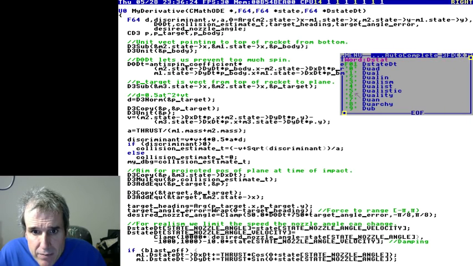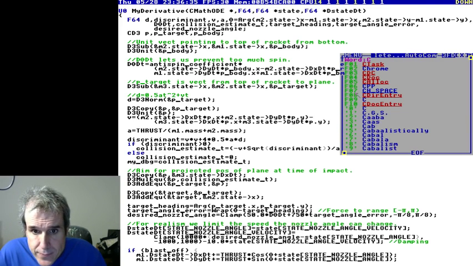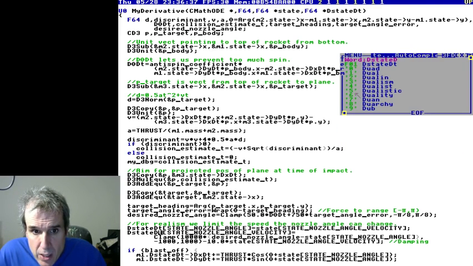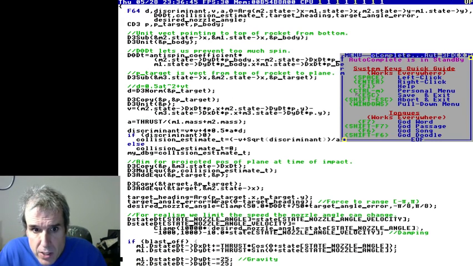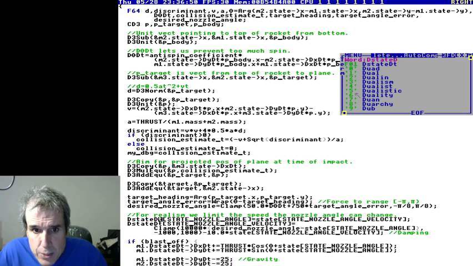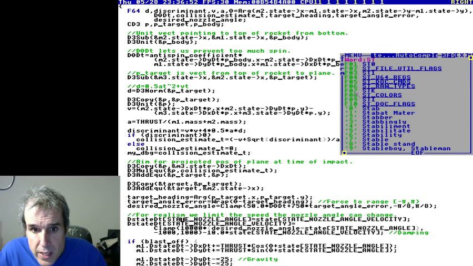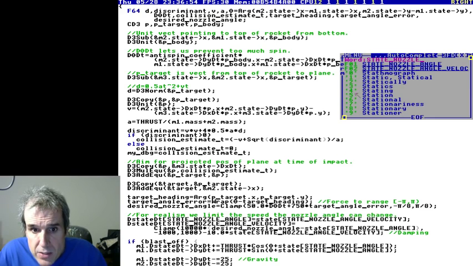So we have a derivative, which is the spin in radians, omega, something like that. Anyway, the whole purpose of the derivative is to set the derivative of the state. And that's what we're doing here. We're setting, okay, so we have a nozzle angle,